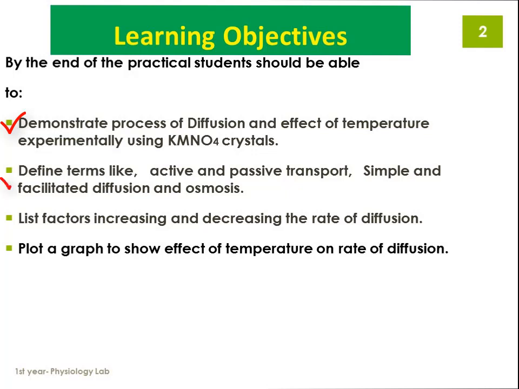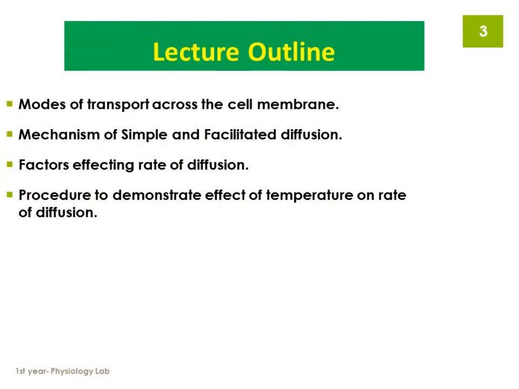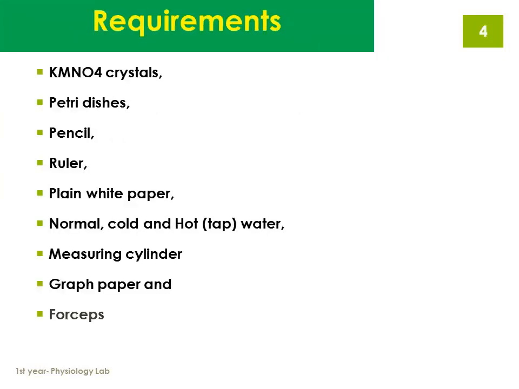2. Define terms like active and passive transport, simple and facilitated diffusion, and osmosis. 3. List factors increasing and decreasing the rate of diffusion, and 4. Plot a graph to show the effect of temperature on the rate of diffusion. The requirements are KMnO4 crystals, Petri dishes, pencil, ruler, plain white paper, normal, cold and hot tap water, measuring cylinder,